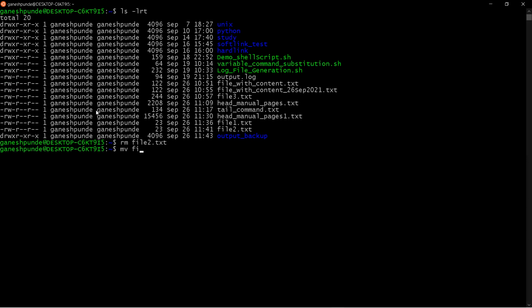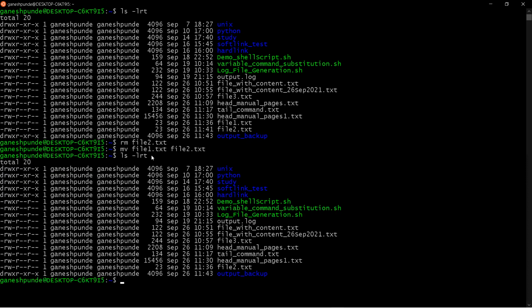Now I am moving file1.txt to file2.txt. You can see this is moving the file, and file1 is not there. So it is as good as renaming, right? Basically the mv command is used for moving or renaming the file, and the same command is used for renaming a directory as well, right?